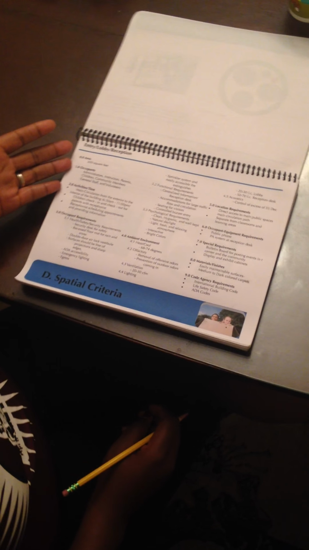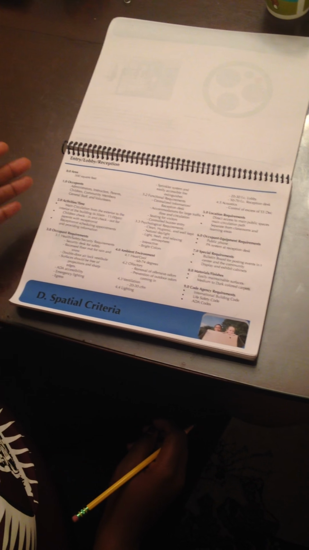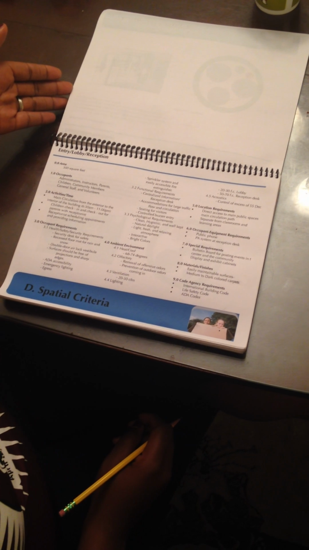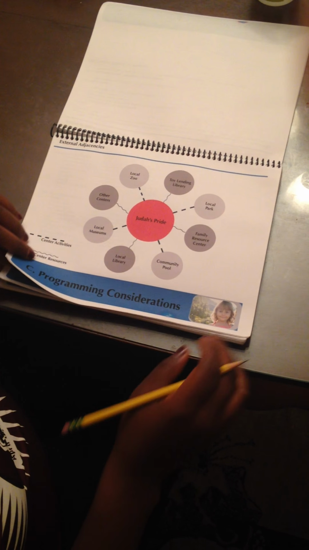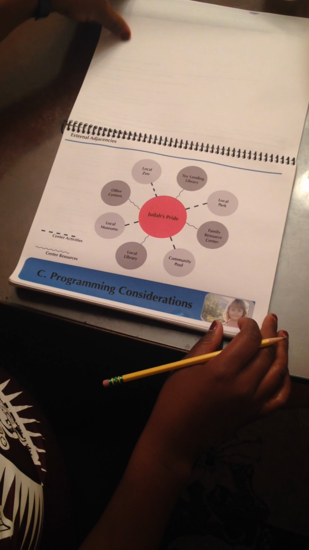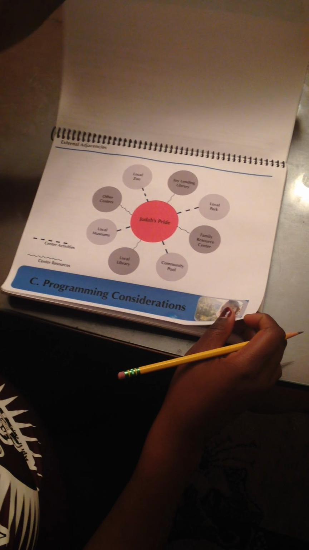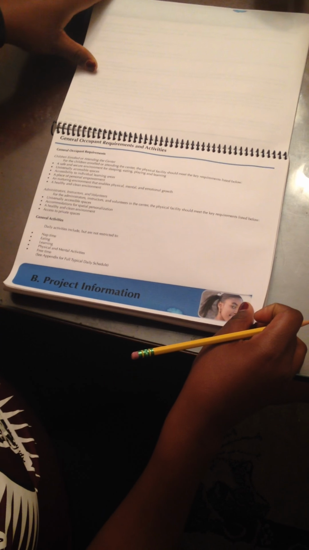So for your group project, you'll be putting together spatial criteria sheets for each space that your group agrees needs to be present in your particular design. First, you're going to determine what all of those spaces are, and in your program, you do that in the beginning. And then you give a hierarchy as to which spaces become the most important and which one gets the most